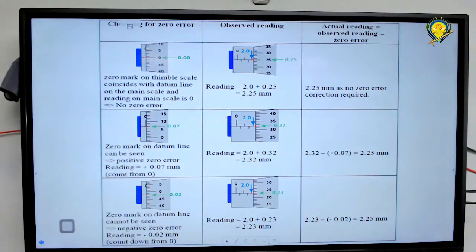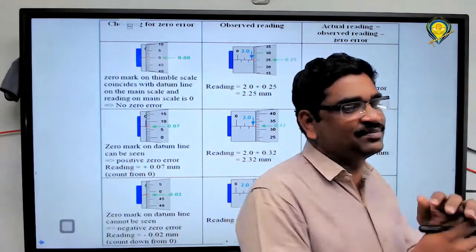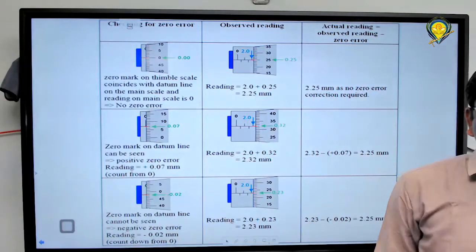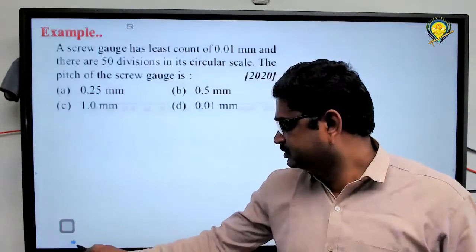Is this clear? So if a diagram is given, we need to identify like this. Now, if the question is given in terms of matter only, how are you going to identify? So in the next example,